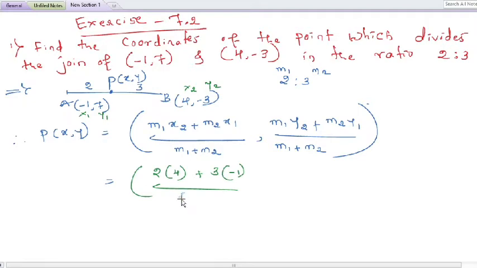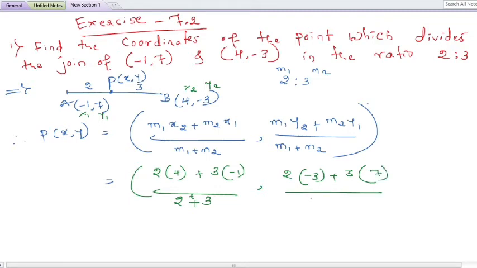So, m1 plus m2 means 2 plus 3, comma, m1 value is 2, y2 value is -3 plus m2 value is 3, y1 value is 7, whole divided by m1 plus m2. m1 plus m2 means 2 plus 3, which is equal to,